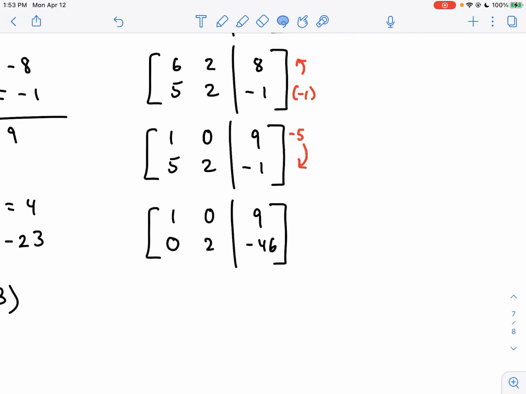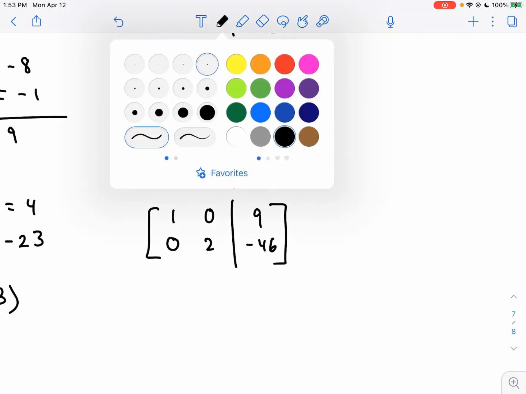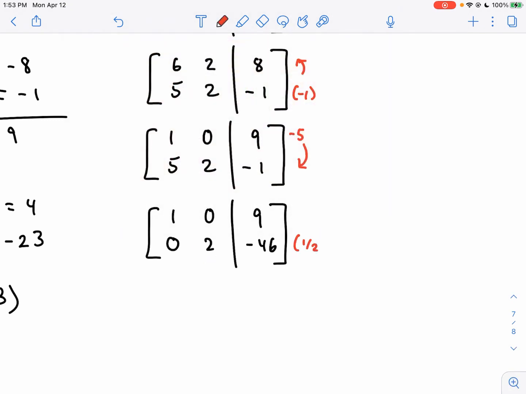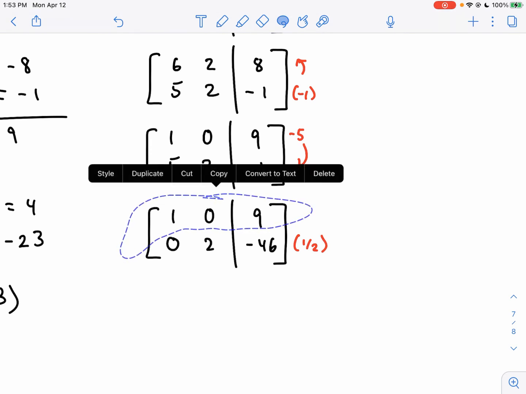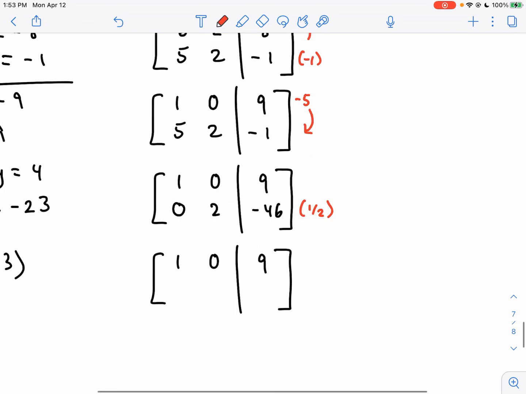And we're almost in reduced row echelon form. We have a 1, we need this to be a 1, and we need zeros in those columns, check, check. We just need that to be 1, and we're good. So we're one step away: multiply the bottom row by 1/2, and this should finish our reduced row echelon form, giving us